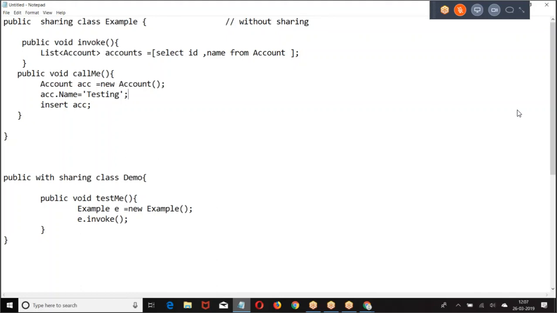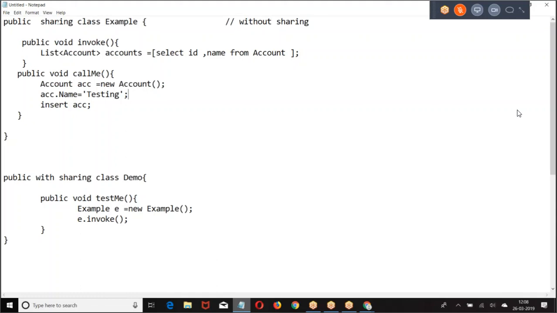With or without. With means your user context. User context means user OWD, user sharing rule, user field level accessibility, all the permissions of the user are taken into consideration. If you say without, run like a system. System has no permission, no restriction, everything is accessible. Now, which is applied? The class where you have defined this method, that class property will be applied. If the class is not defined as with or without, generally it is considered as without sharing. I hope you are good.